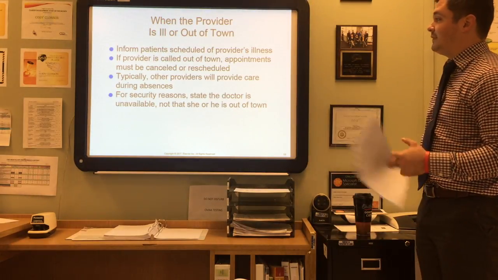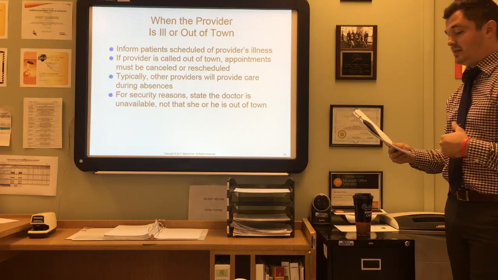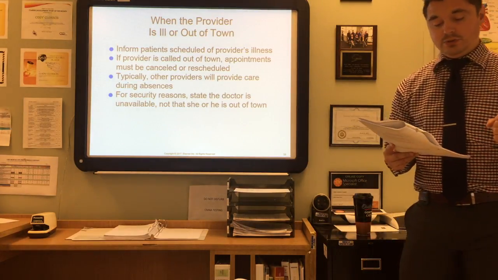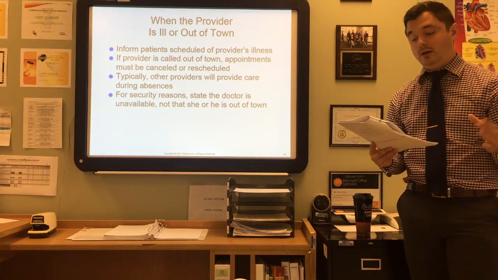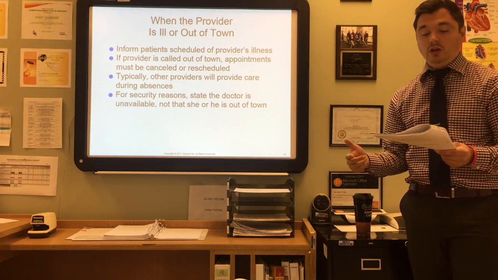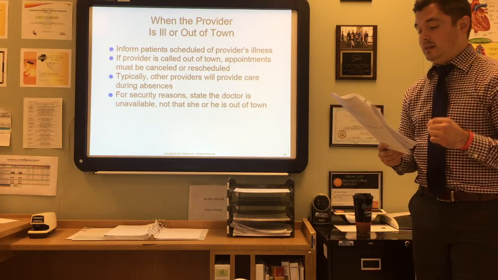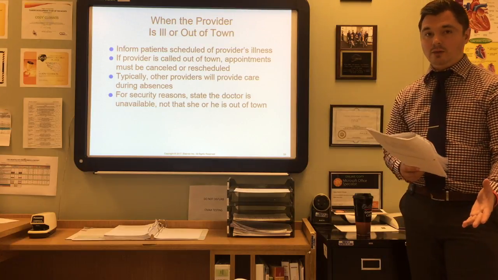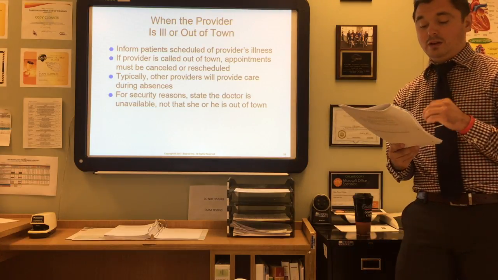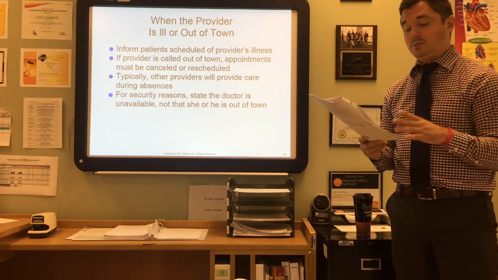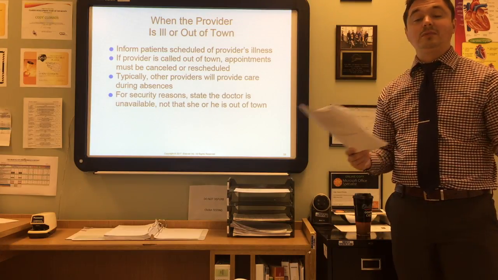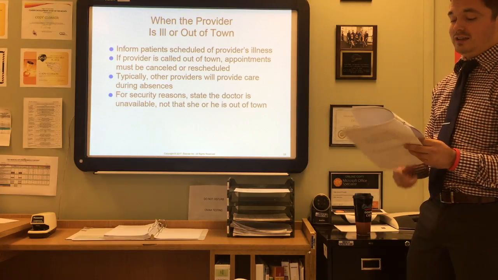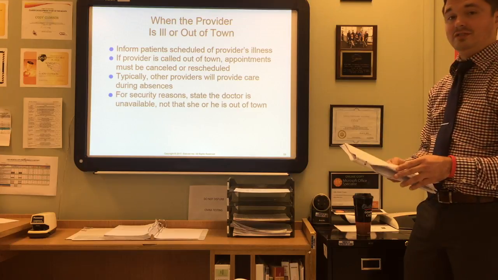So if the provider is called out of town, appointments must be canceled or rescheduled. Typically, other providers will help provide care during absences, and the patient should be given the name of another provider or a choice of several who will provide care during such absences. And then, for security reasons, state that the doctor is unavailable, not that they're out of town. Okay? What I mean by that is, saying over the telephone that the provider is out of town could lead to attempted burglary or unauthorized intrusion on the premises, since they know that, hey, the doctor is not there. It could lead to different security